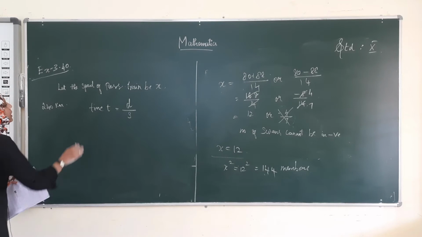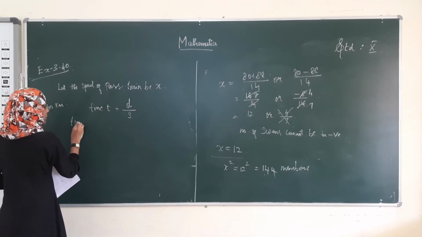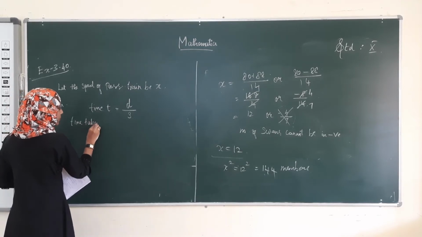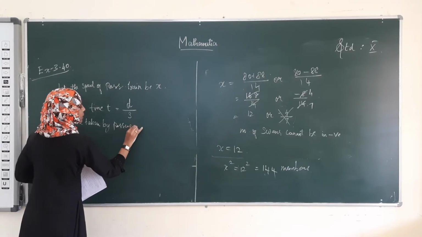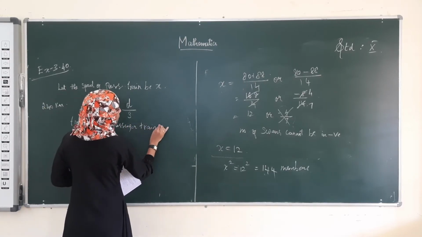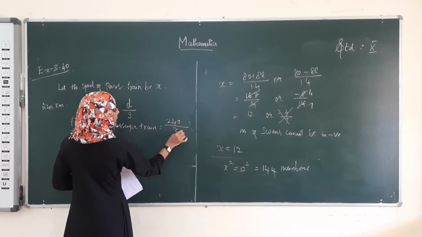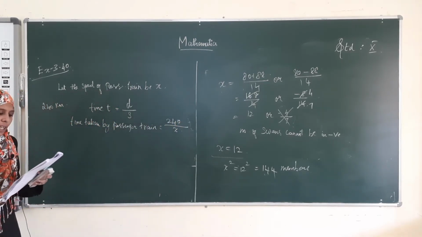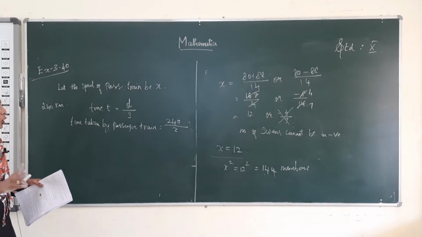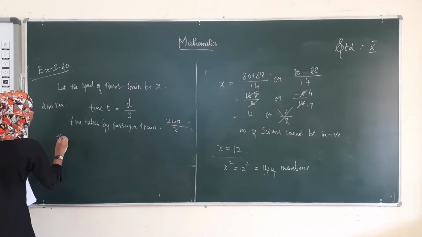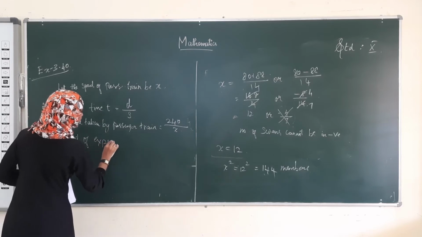Since the speed of the passenger train is x, the time taken by the passenger train is equal to 240 km divided by x. They have given that the speed of the passenger train is less than that of an express train by 20 km. Therefore, the speed of the express train becomes